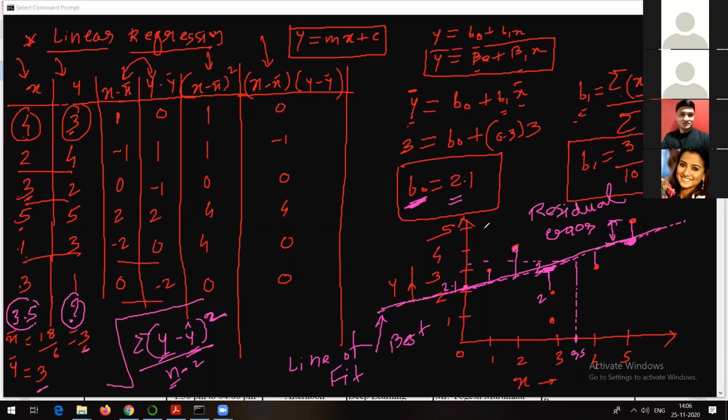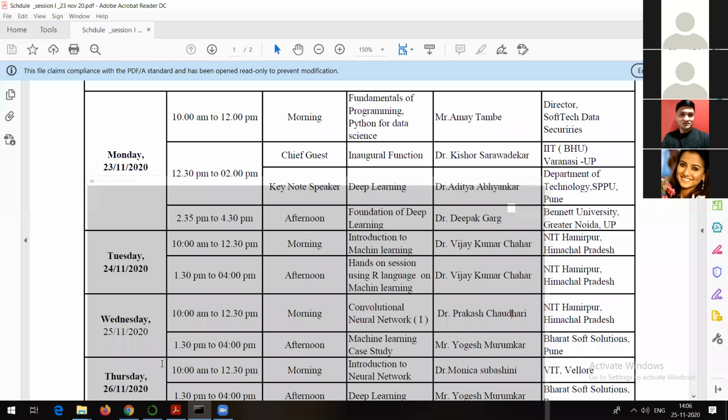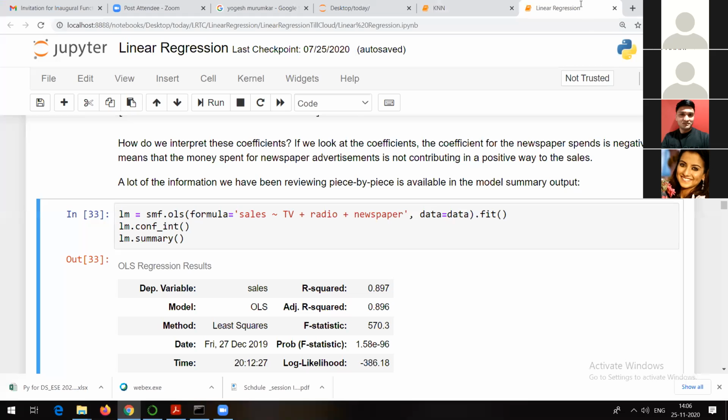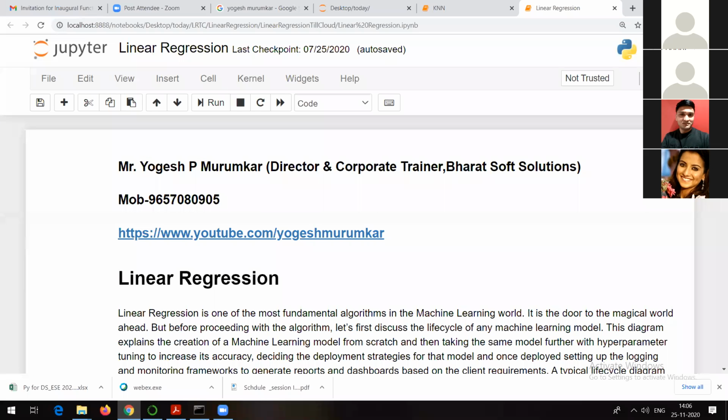So this is how it can be drawn, the concept behind drawing the line of best fit. I hope everyone is clear till this particular point. Now see what I will do. I will show you the implementation of linear regression with some problem statement. As I told you, I'll be showing you an application, and that application we are going to deploy onto the cloud. So what is that problem statement? Let's try to discuss it first.